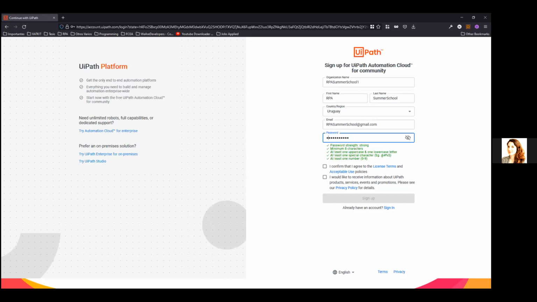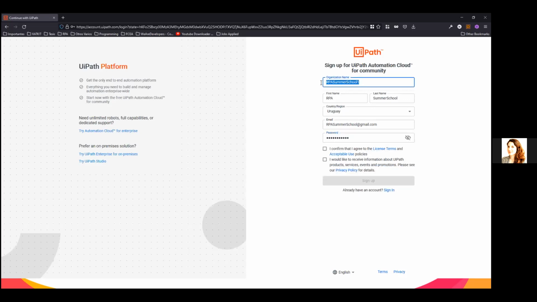You can put your own names there or choose a generic organization name. You can use a dummy name for the community license if you want, or put your organization name, as in the company you work for. And you can either use a personal email address or a company email address, but it needs to be your